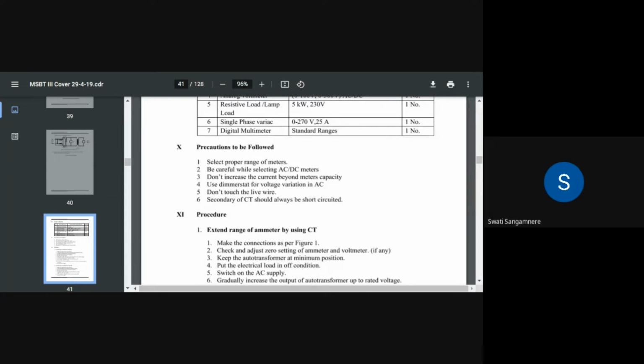Then we first see why extension is required. Let us take an example: we have a circuit with a DC supply and a load connected to this circuit, and an ammeter is connected in this circuit. This ammeter measures the current. Now the current flowing into the load is assumed to be 50 milliampere and the full range of our ammeter is 30 milliampere. So 20 milliampere is extra current flowing through our ammeter.